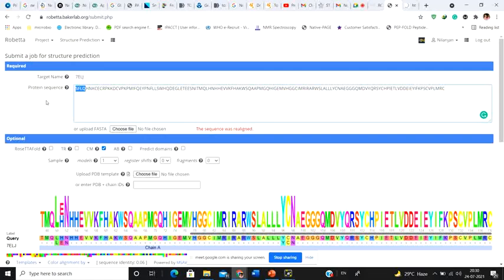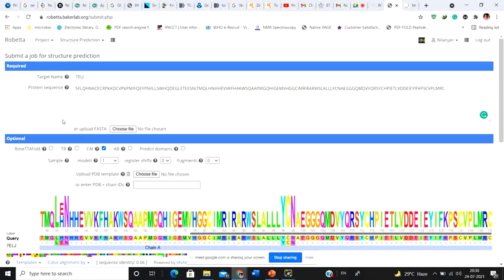So the server remembers how people are behaving to this particular sequence, and how people are changing the sequence or changing the structure. It uses all the information around the globe, because each day at least 10,000 people are submitting a protein sequence here to solve the structure.